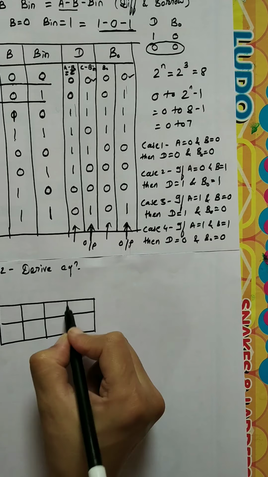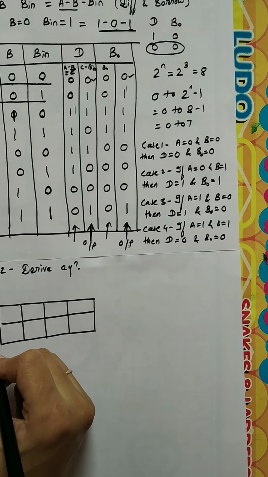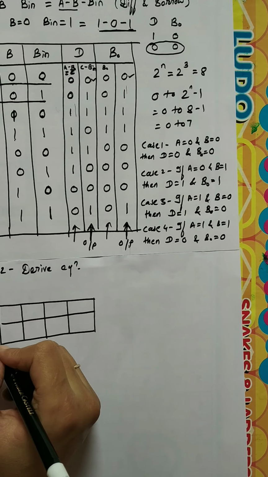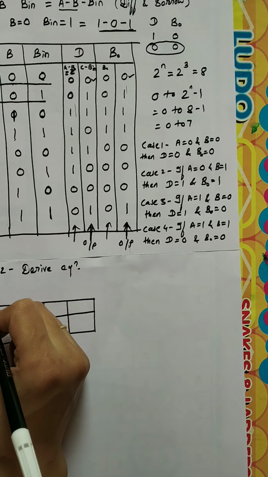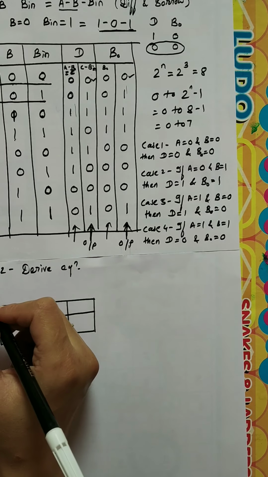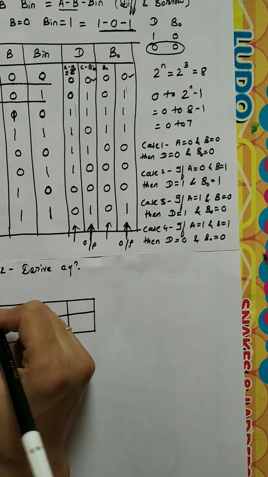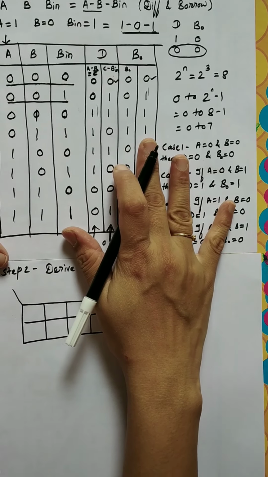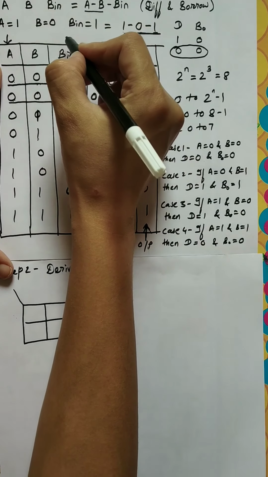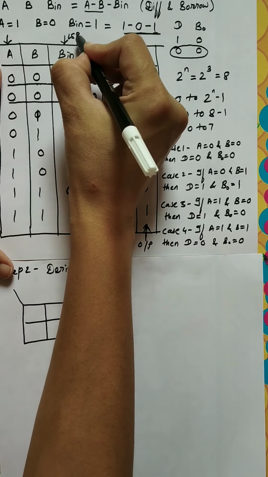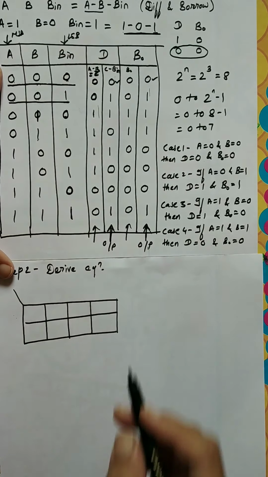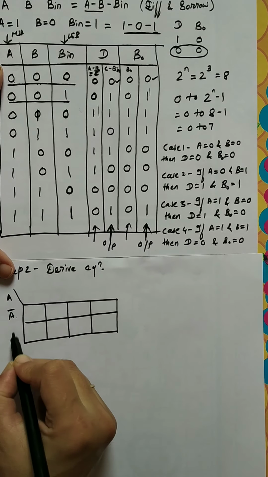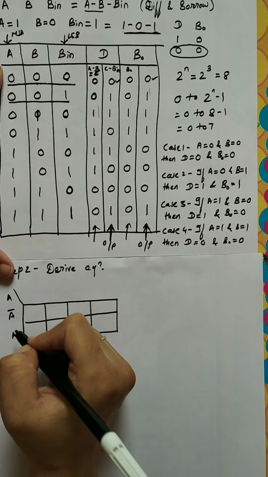with the help of number of rows and number of columns. So I'm having here two rows, which means 2 combinations are there on the row side. So how many inputs can I take here? I can take here only one input. So always start with your MSB bit. Here you can see A is the MSB bit and B is the LSB bit. So always start with the MSB bit. So here I'll write A bar and A, the combinations of A.